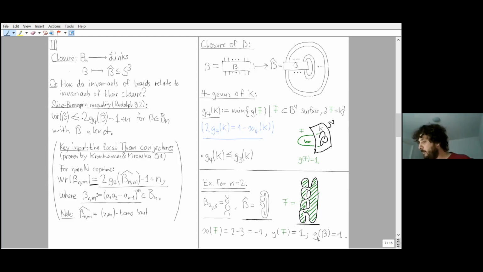Okay, that's my brief summary of the closure. And this one cool relation I can give you for the writhe with smooth knot invariant. Questions about this setup? If not,